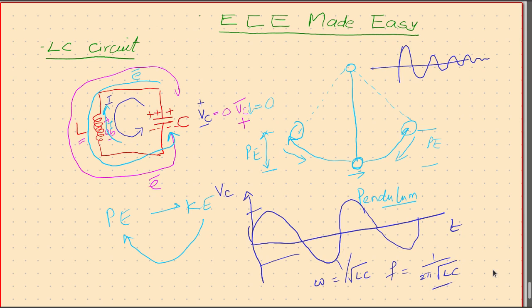That's what we see in our next coming units. So that's about the LC circuit. This is because the two components are energy storing. One stores in the potential form, the other stores in the kinetic form, and that's what is going to create these wonders. So more details to follow.